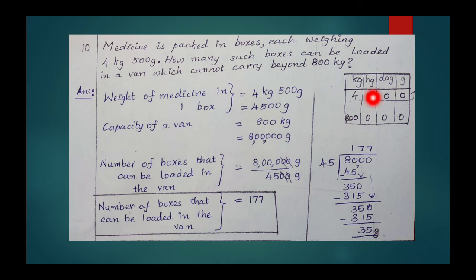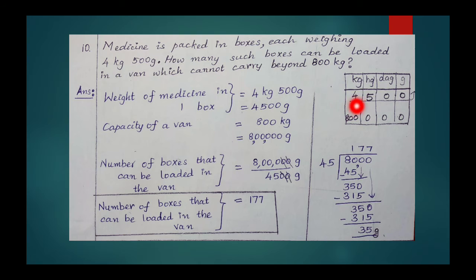Kilogram to gram. In between these two we have hectogram and decagram. Write all the placement boxes. Now 4 kilogram, you have to write 4 just below kg, and 500 gram you have to write just below gram, but you cannot write all the 3 digits under one box. So write the last digit under the grams box, the next 0 under the decagram box, the next digit 5 under the hectogram box. Okay, so just look at this number, 4500 gram.